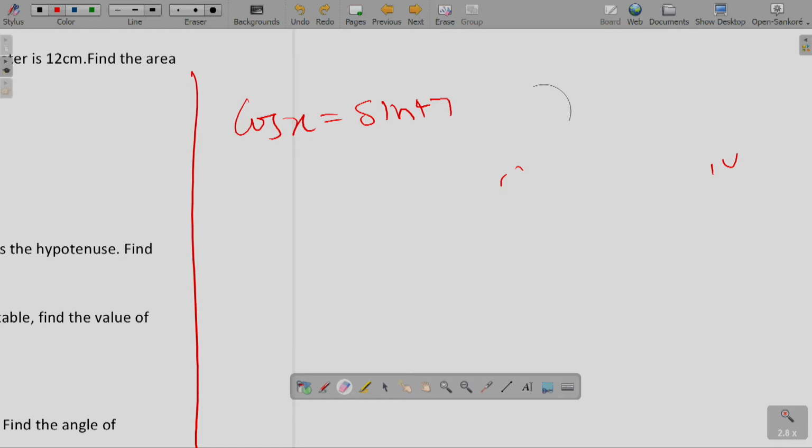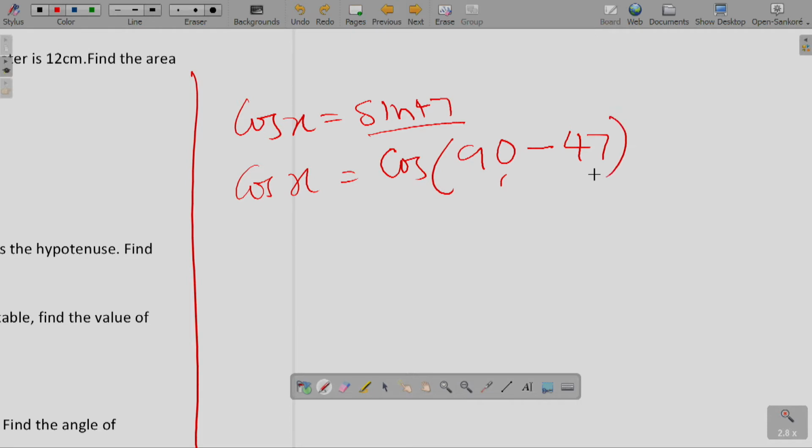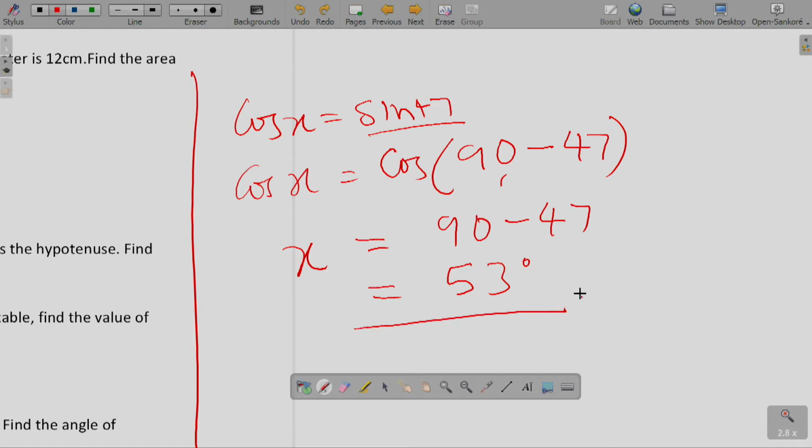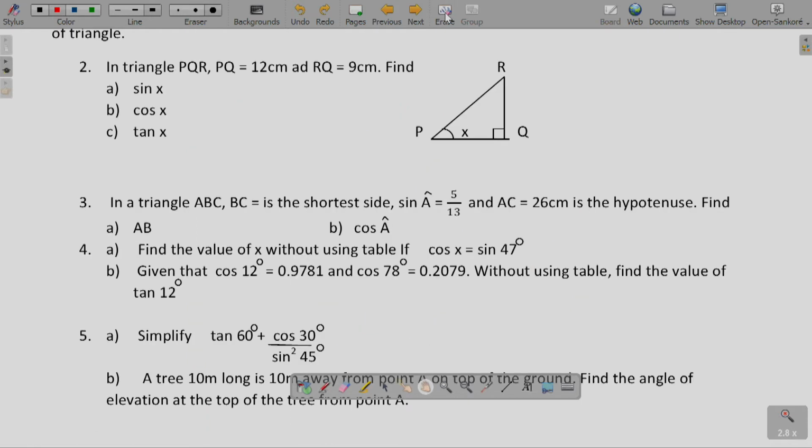So here, instead of writing sine of 47, cos x is equal to cos of 90 minus 47. So here x is equal to 90 minus 47, which is equal to 53. So therefore x is equal to 53. Also, we have